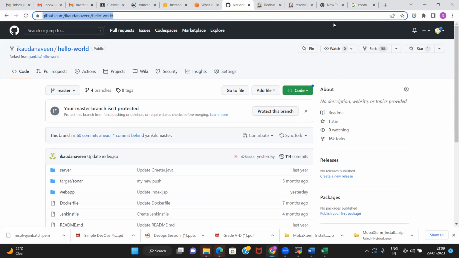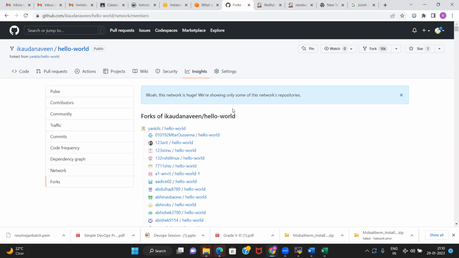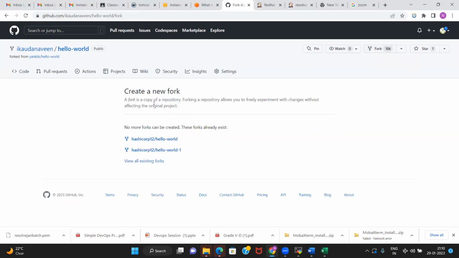And then you need to click on this fork, at the top. You need to click on fork. We have to create a fork?